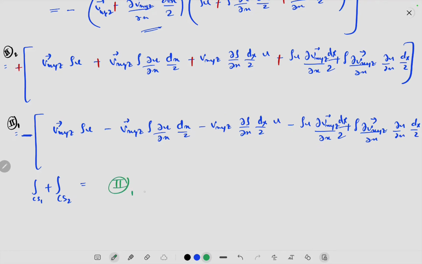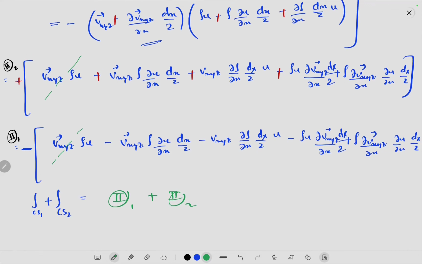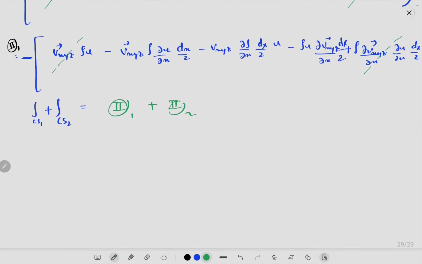This is 2-1, this is 2-2. On addition, this term and this term will get cancelled out. These have different signs, so they won't cancel out, and these terms have same sign, so they will get cancelled out, and we'll be left with,